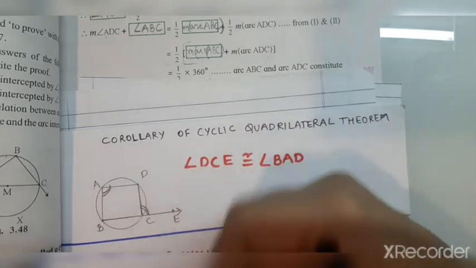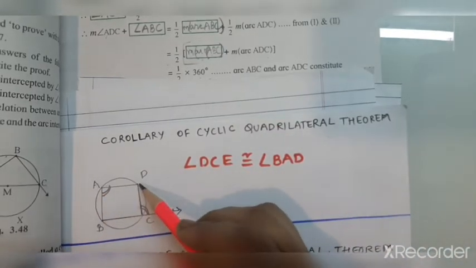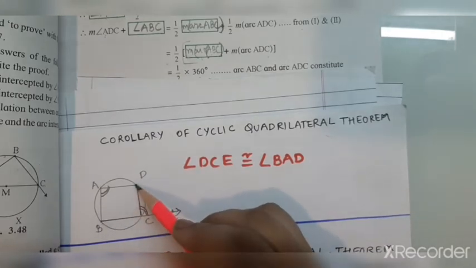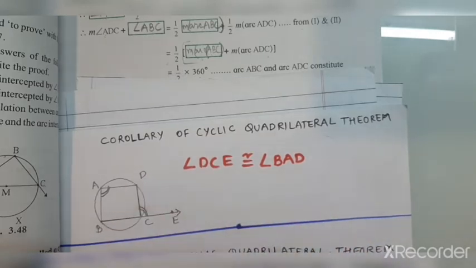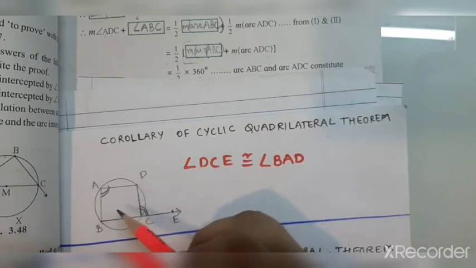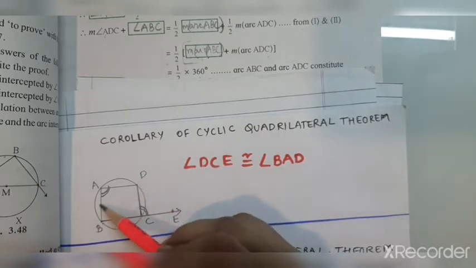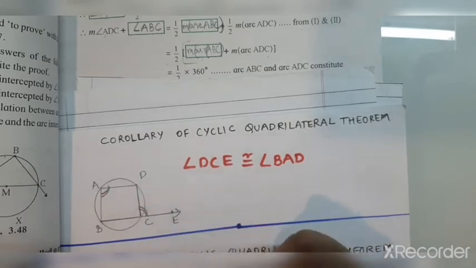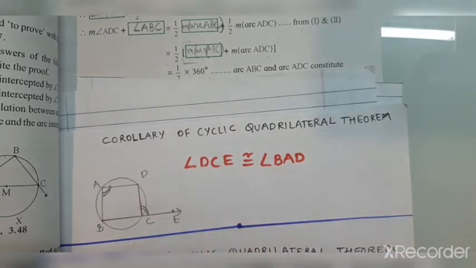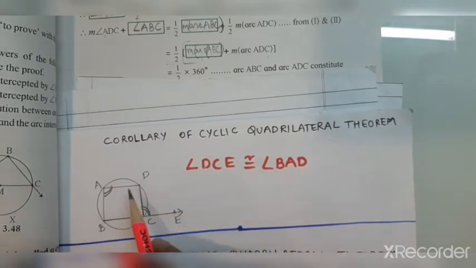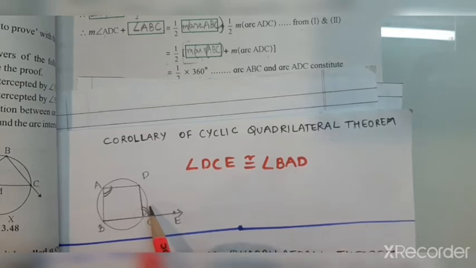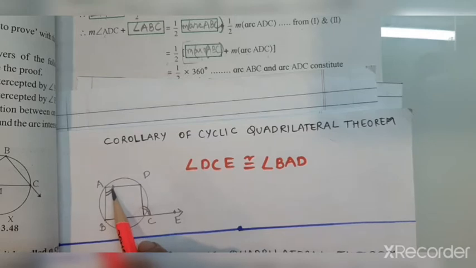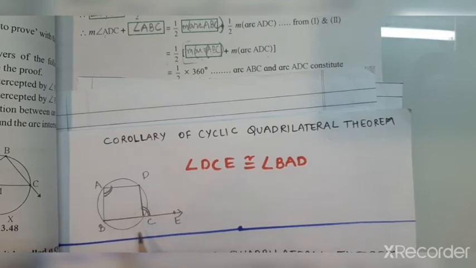So we can write from statements 1 and 2, BAD plus BCD is equal to DCE plus BCD. Now in the third statement, BCD is common and can be cancelled from both sides, and we get the final statement, BAD congruent to DCE. In this way we can solve. But looking at the figure and the property, you should know that this exterior angle, which is formed by extending one side of the cyclic quadrilateral, is always equal to this angle here, which is in the interior and opposite to the angle adjacent to the exterior angle.